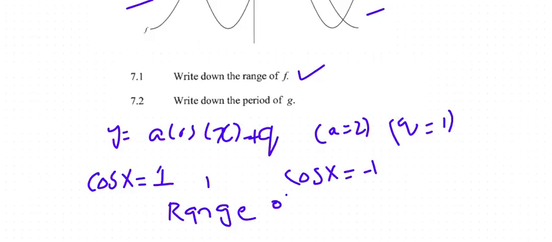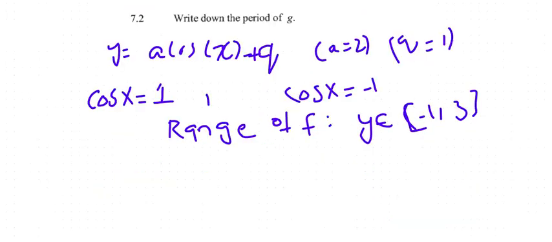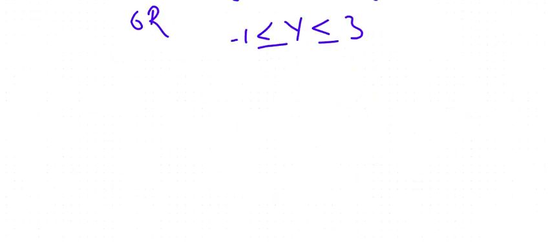You can write the answer like that, or like this: minus 1 less than or equal to y less than or equal to 3. The next question is 7.2: write down the period of g. The function g of x is equal to